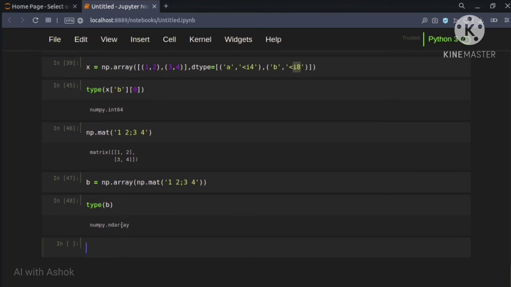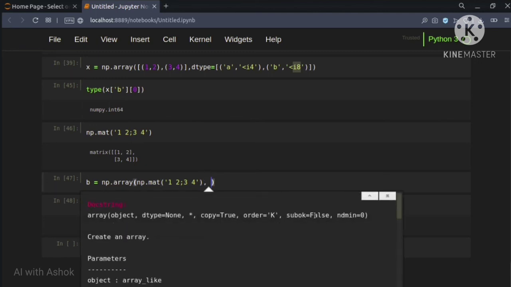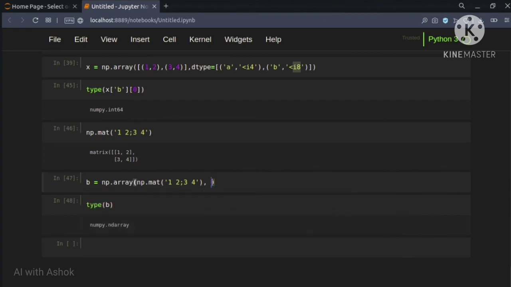Now it is a numpy.ndarray because we have given subok equal to false. By default subok is false here, but now we are going to convert subok to true. Okay, now recheck. Now what is the type of b?